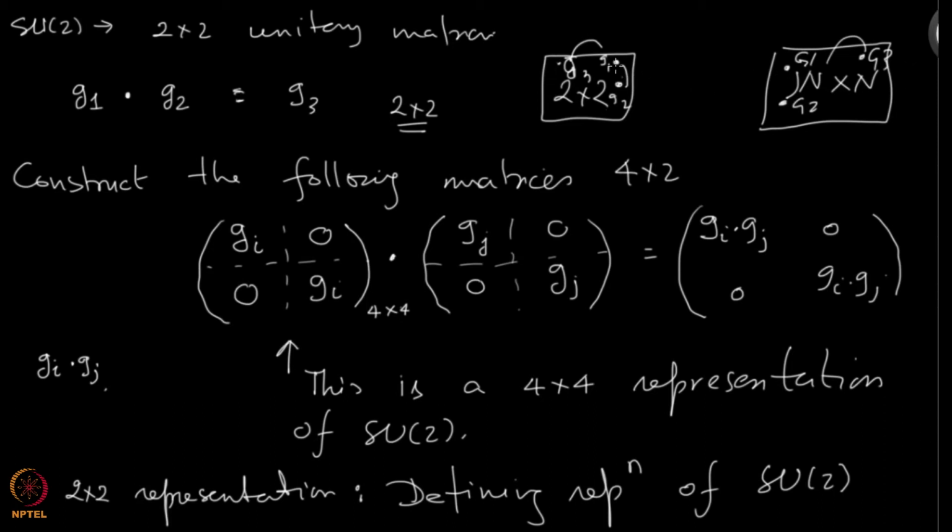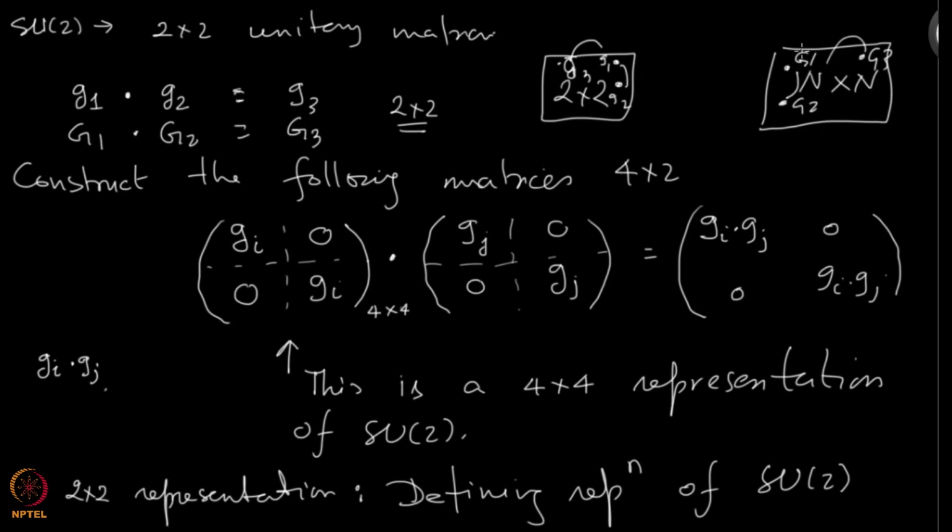And here I have written down the 2 cross 2 SU2 matrices, which I have written as small g1, small g2 and small g3. If it so happens that the multiplication here is identical to the multiplication there, meaning if I take the corresponding capital G1, take the corresponding capital G2, and what I get is the corresponding capital G3, the one here, then this SU2 group, defined as 2 cross 2 matrices,